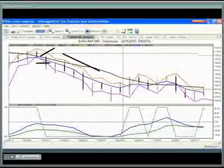When we get down here to May 19th and we look at where the predicted high was, we can then move our stop down to that predicted high of 1133 plus the 10 points, and it is now at 1143. So we entered the market at 1147. We have a stop at 1143, so that gives us some kind of protection against the market turning back against us. As the market moves on down,